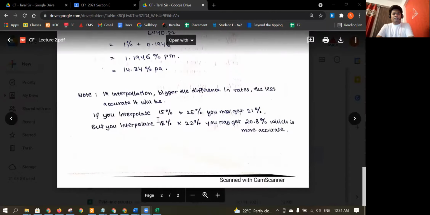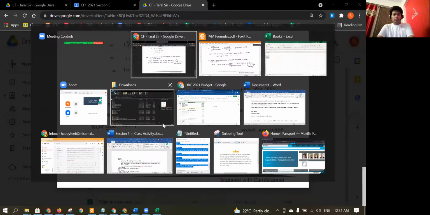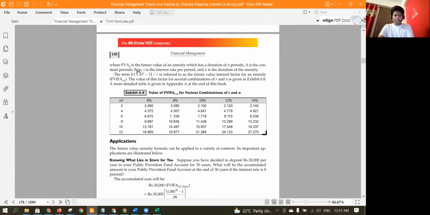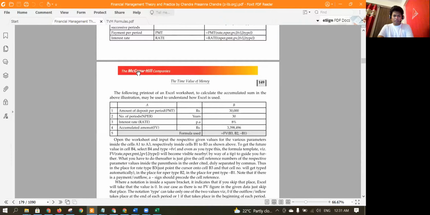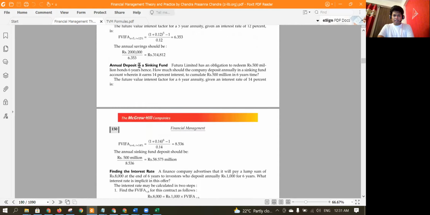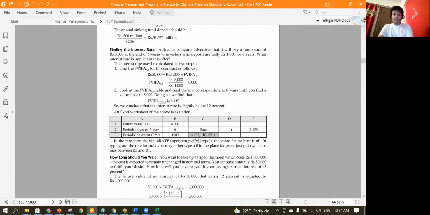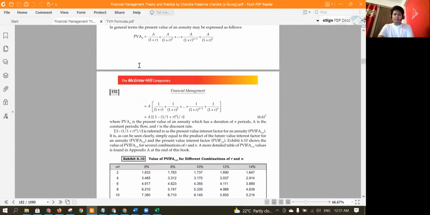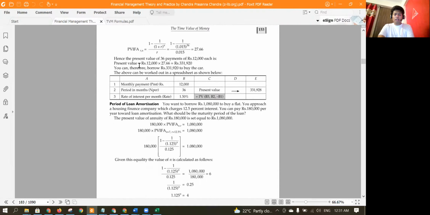Now let me just discuss this part. So this is the PDF that sir has provided, and you can refer to this. It's a good thing if you want a detailed understanding, or if you want a certain topic that you didn't understand, you can always refer back to this, and there are examples that are solved, so it will be helpful.